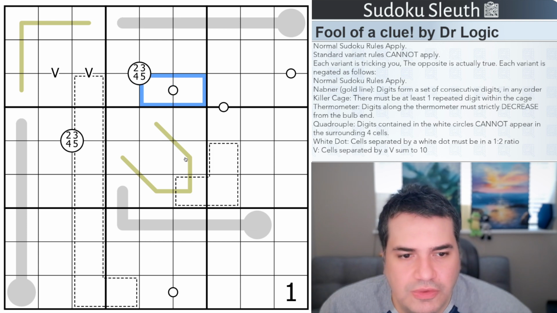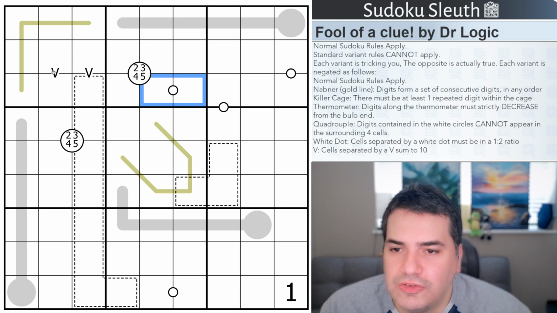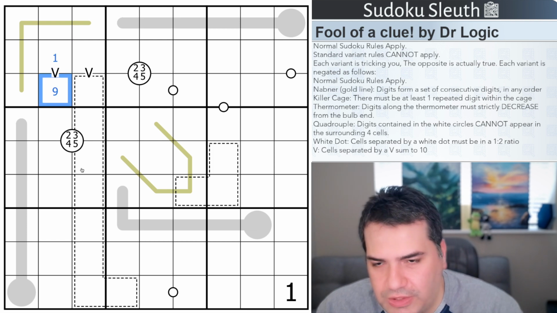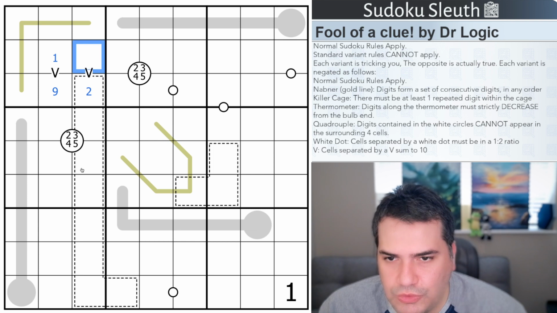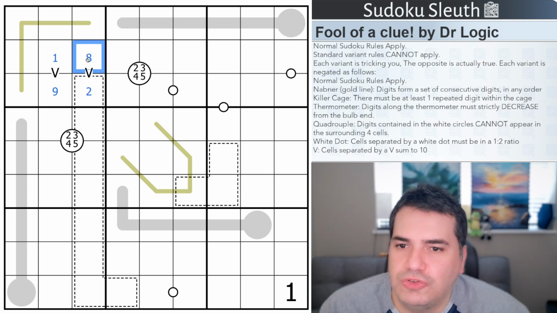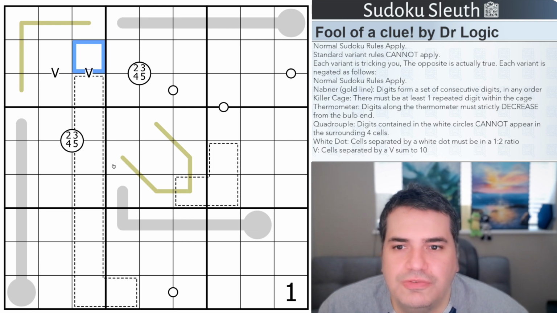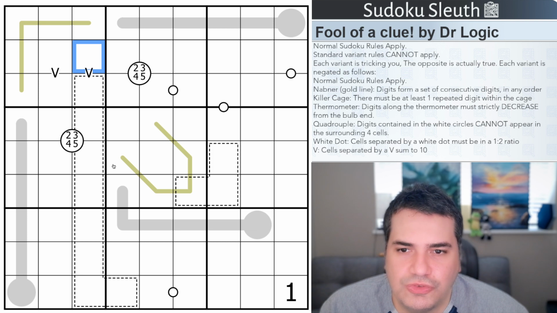Last but not least, cells separated by a V sum up to 10. They don't sum up to 5. If that was a 1, this would have to be a 9. If that was a 2, this would have to be an 8 to make sure that they do sum up to 10. So, if you're not already tired of April's Fool's jokes and tricks, I mean, it's almost tempting to